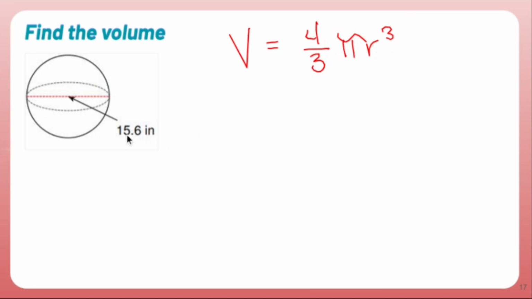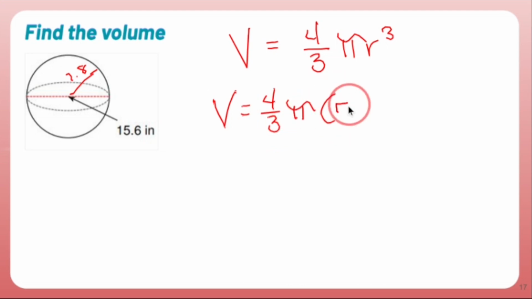This is an R. This is my diameter. So if I take half of it to get my R, half of 15.6 is 7.8. So that's my R. So it's just a calculator exercise. 4/3 times pi times 7.8 cubed. Let me say that again so Siri hears me. 4/3 times pi times 7.8 cubed